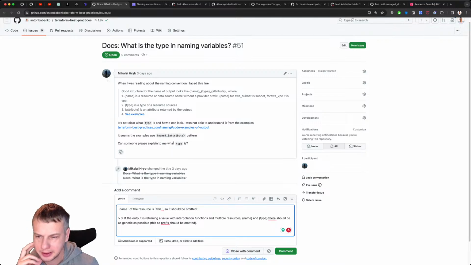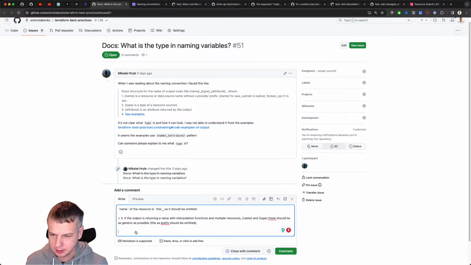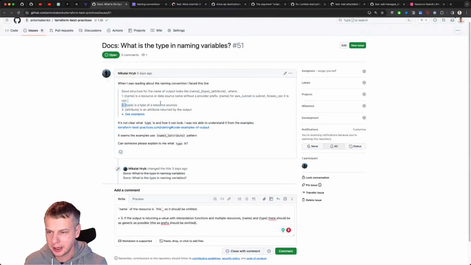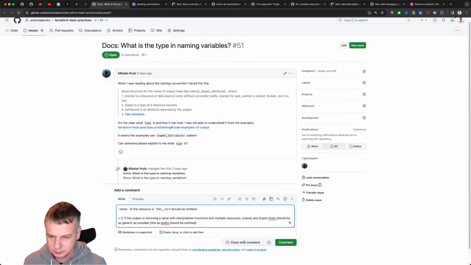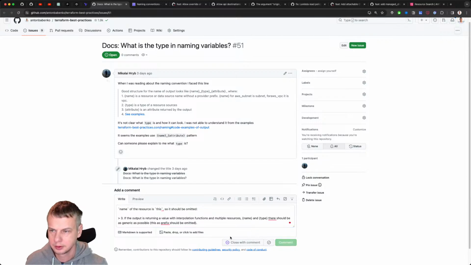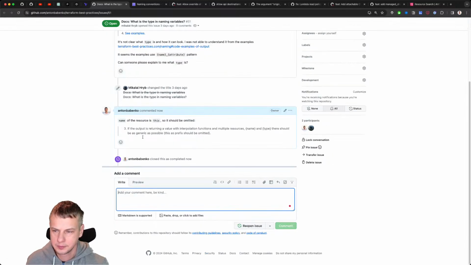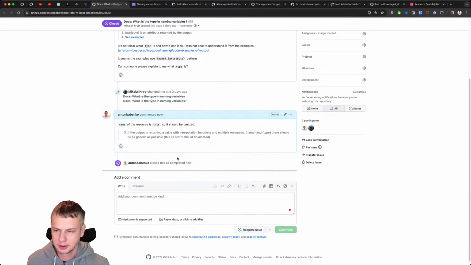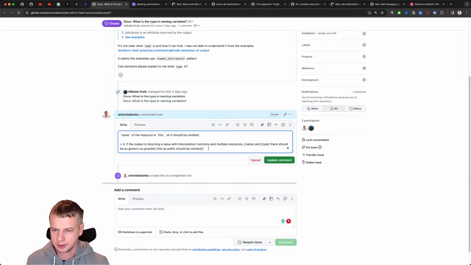Can someone please explain to me what type is? Type is the type of resource source, right? Yeah, I guess. Close with comment. So the thing is that, oh yeah, I can leave it.